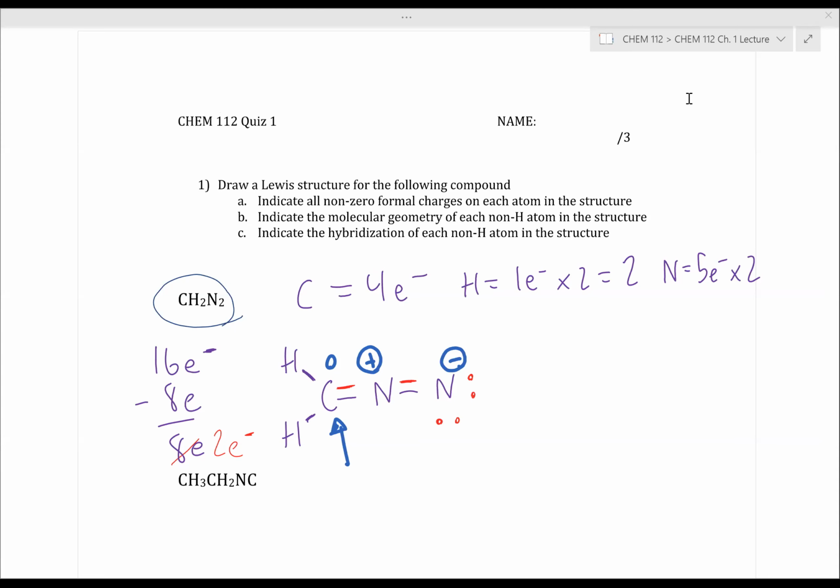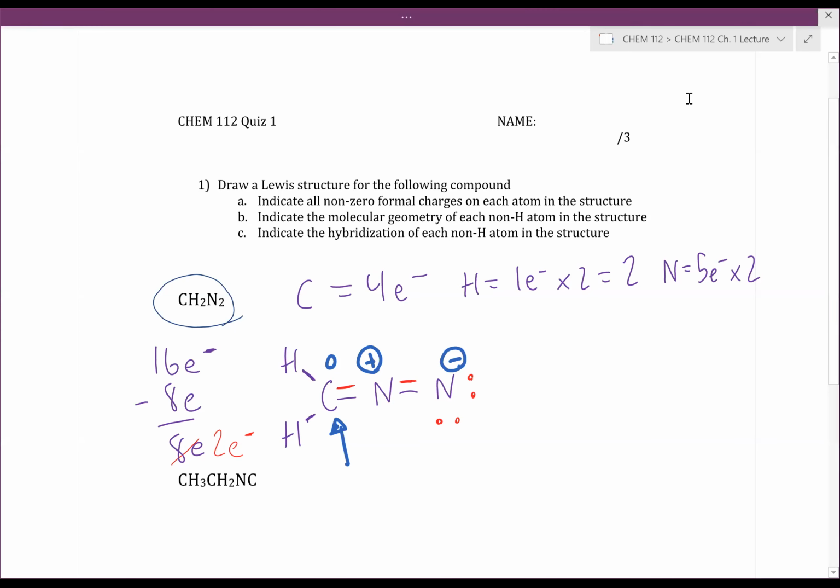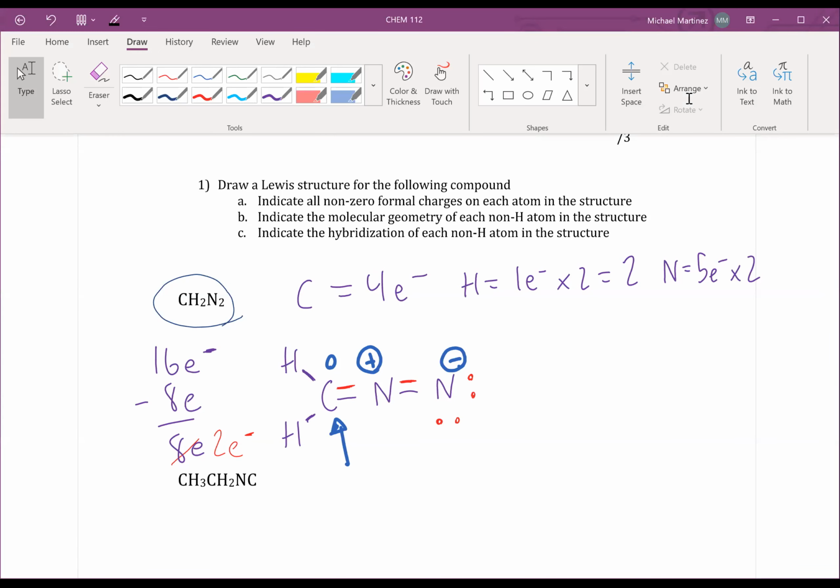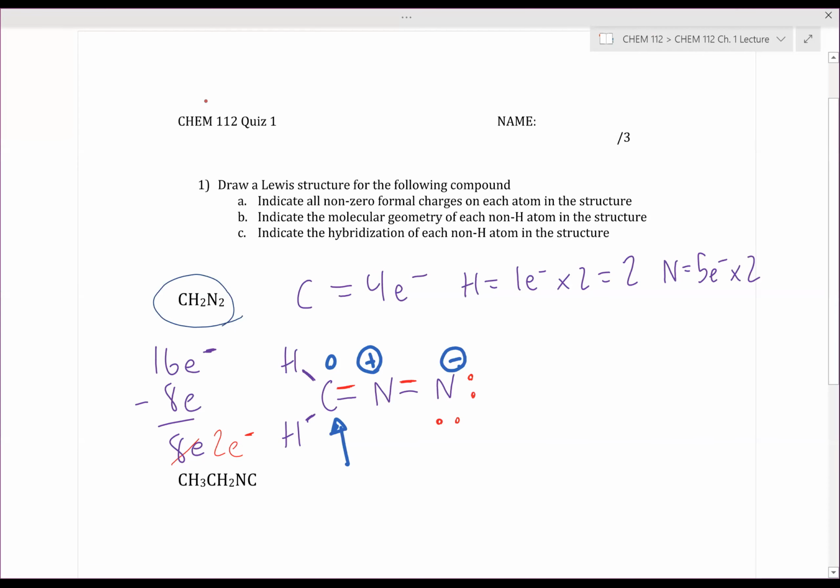So first and foremost, let's take a look at hybridization. Looking at this carbon, how many single bonds does it have? How many sigma bonds does this carbon have? 3. So it has 3 single bonds. You can also think of it as 3 charged spheres if you're using Chem 101 nomenclature. So then if we have 3 charged spheres,